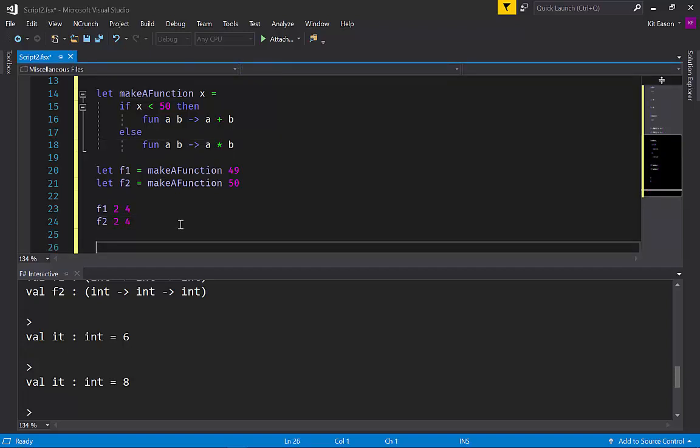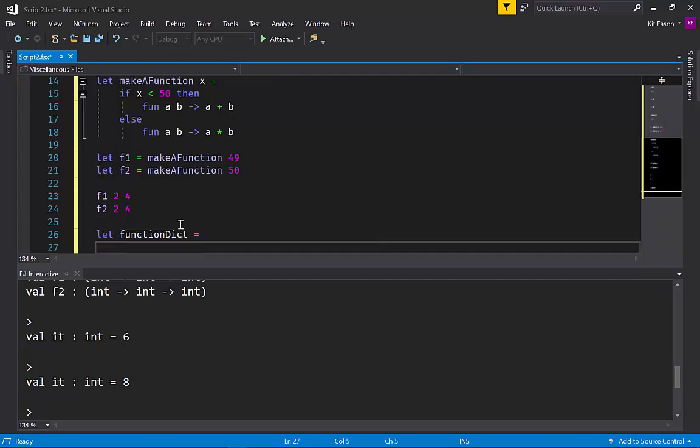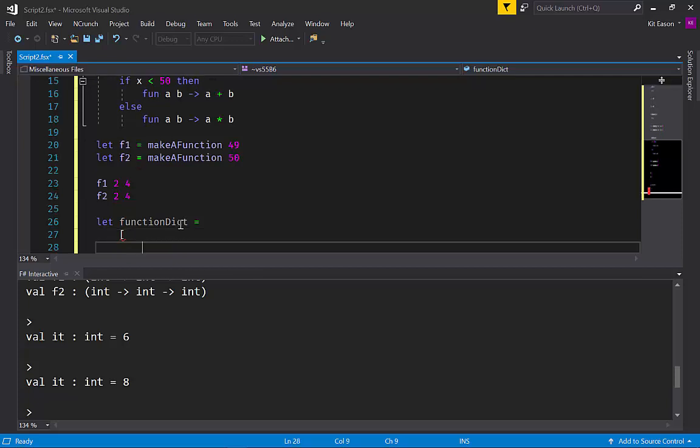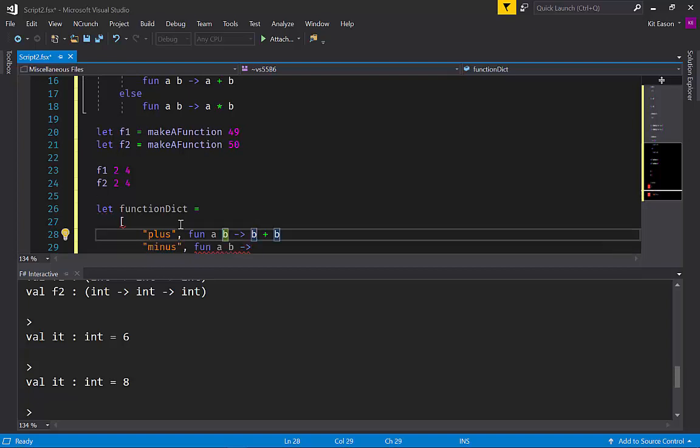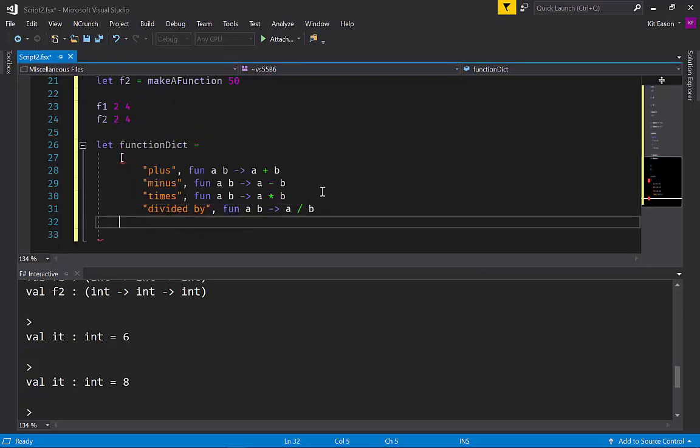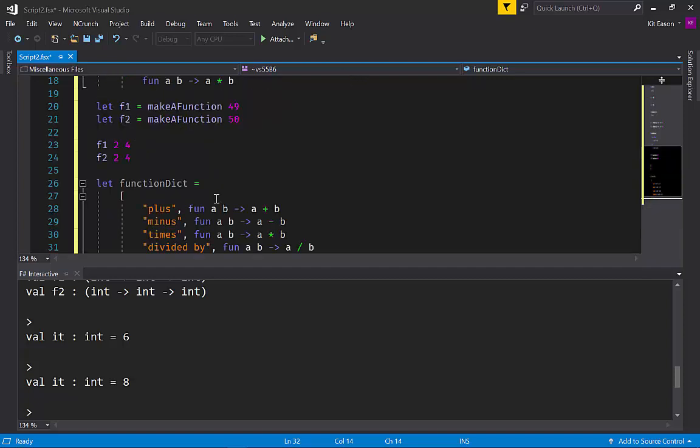consequences. For instance, I can make a dictionary of functions. I'm going to start with a list, and the list is going to contain tuples of strings and anonymous functions. I mistyped that. And then we'll finish the list, and we'll just pipe it to this built-in function called dict, which will make that into an iDictionary. So if we send that to F# Interactive,